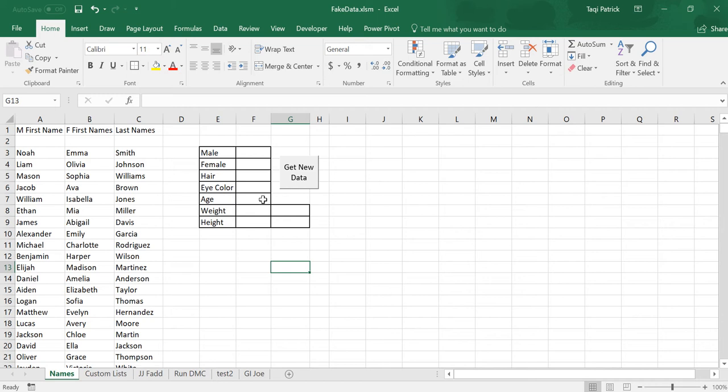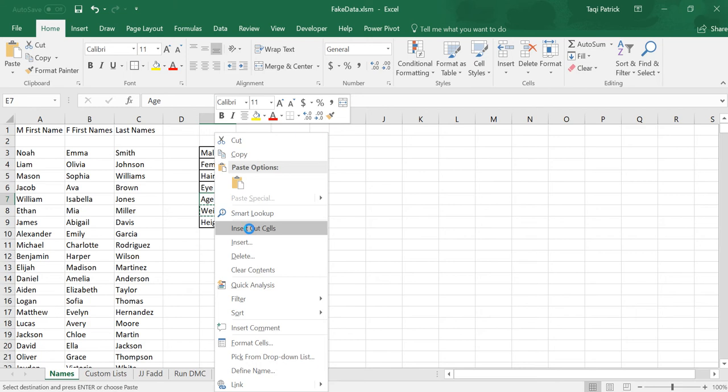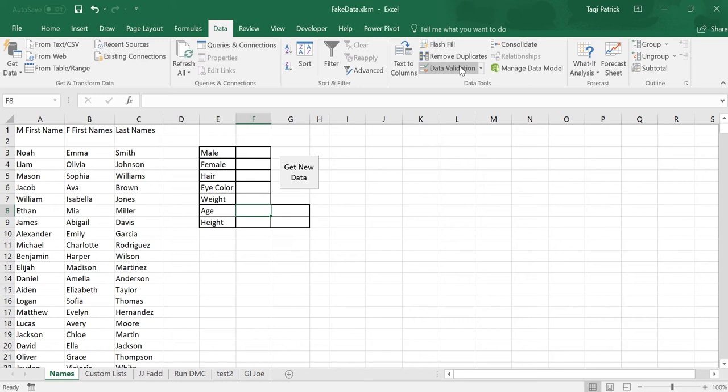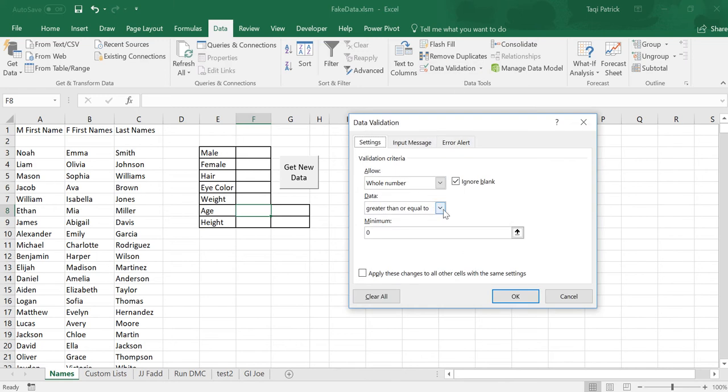And then for age, I was planning on, so what we'll do here is with height, we're going to put the dimensions in. Let me see if I could insert, cut cells. There you go. And then I'm just going to do another list box with weight here. And then for age, let's go to our data validation now. Data validation for age, I'm going to say